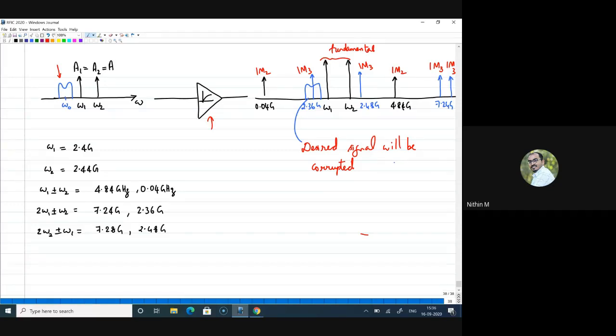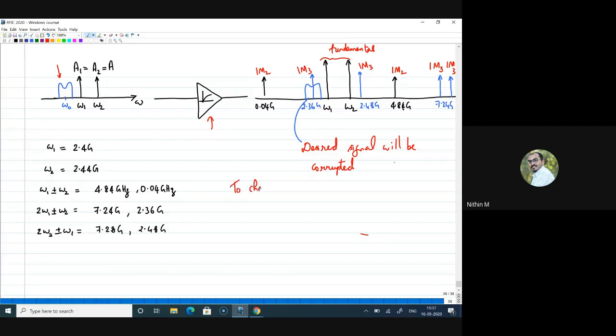Now if you look at this phenomenon, since your desired signal is corrupted to a greater extent, and since this happened as a result of non-linearity, we need to characterize this non-linearity. In a similar way to how we define total harmonic distortion, or how we define the 1 dB compression point, there should also be a performance metric that will put a cap on this phenomenon, or which will allow us to work through this non-linearity, right? So that performance metric is to characterize this IM3 product.